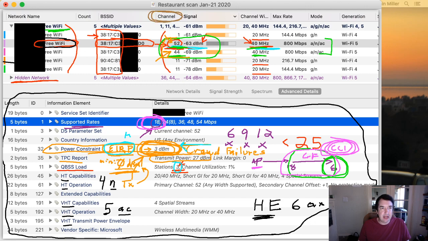Now, I was on channel number 52. So my first step here is I need to identify which channel I'm going to be on. Step number 2. So now I know that I'm on channel number 52. Also, I do need to know the channel width. So I need to know the channel. I need to know the channel width. Step number 2, once I know the channel and I know the channel width, I want to make sure that I have the ability to capture whatever it is I'm trying to do troubleshooting on or do some type of